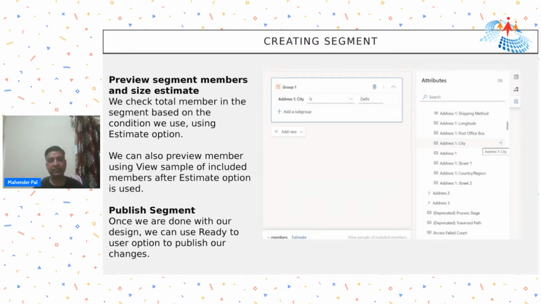Now, this is basically the designer I was referring to, where we can create the segment. When we expand the contact table, we will see a list of the fields, and I selected Address 1 City. I clicked on the plus sign, and it came here on this editor, where we can design. The field is there, the operator is there, and we can compare with the list of values that we want to compare. So I'm comparing whether Address 1 City is equal to Delhi,